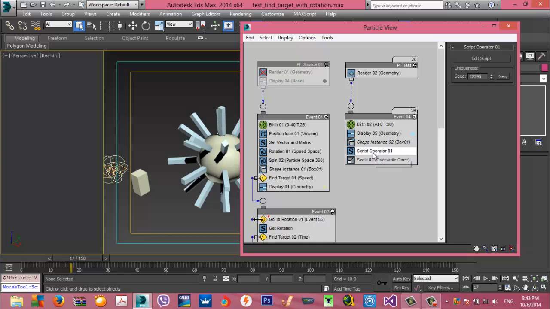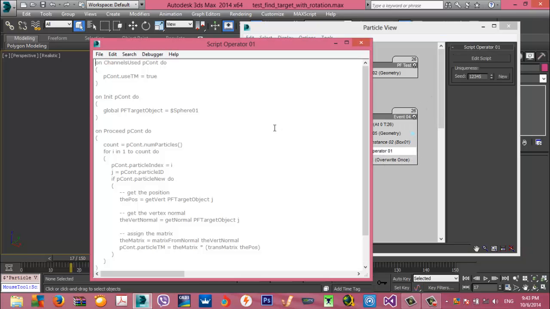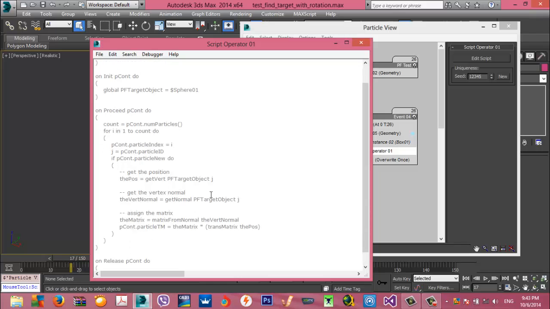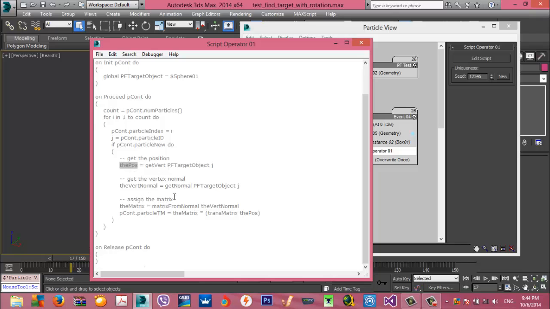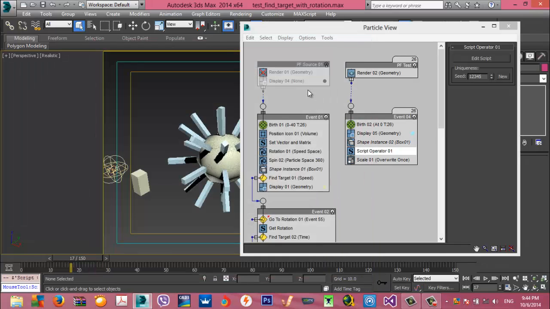Here he actually used a script for this part, and as you can see, he used the get vertex function to get the current vertex position and assign it to this variable, and he also got the normal with the function get normal from the current particle and assigned it to another variable, and he assigned both of these variables to the matrix position of the particle. And in the second part,